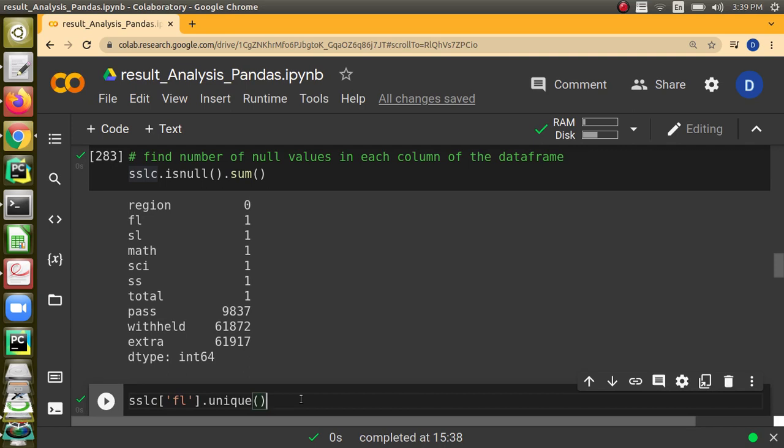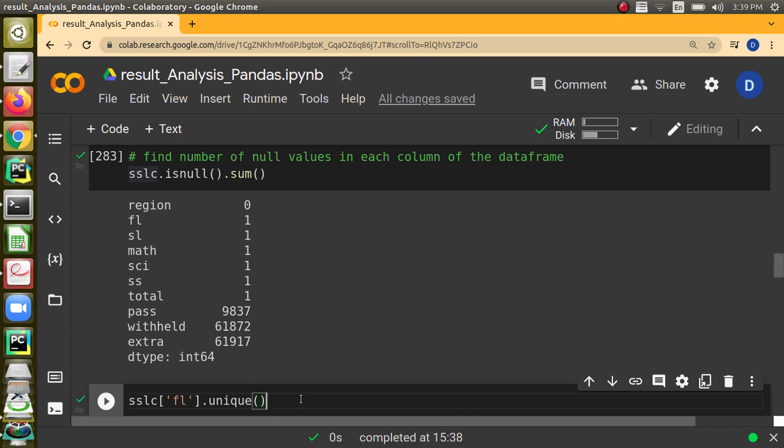Now, one question we had in mind, we are going to analyze more about it. We were saying that the marks secured by the candidate in first language, second language, mathematics, science, everything is read as object. Why did Pandas read it as object? Whereas roll number it read as a number, and total also it read as a number.